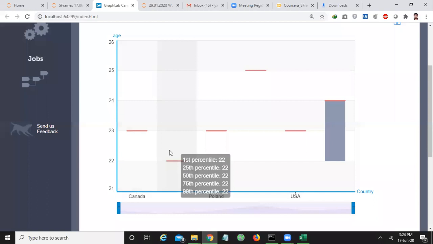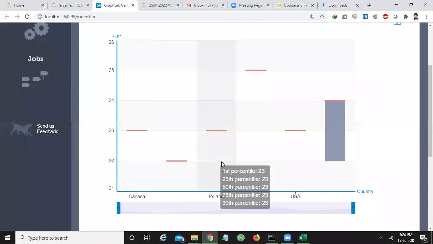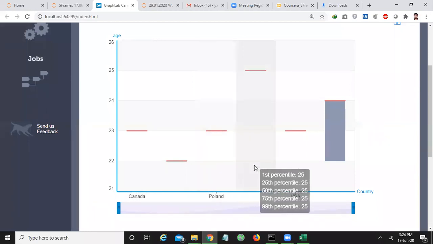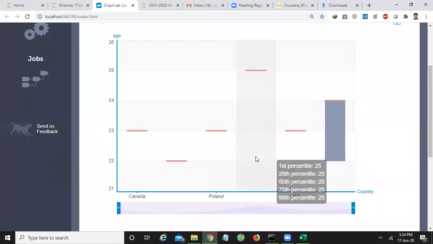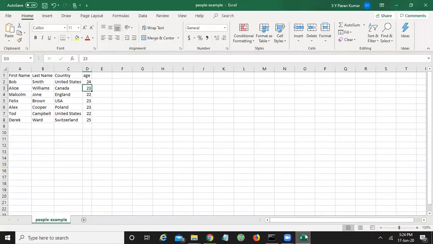Similarly, we have only one example for another country. Actually, it is England, I hope. And Poland, it has only 23. After Poland and before USA, what country is there?